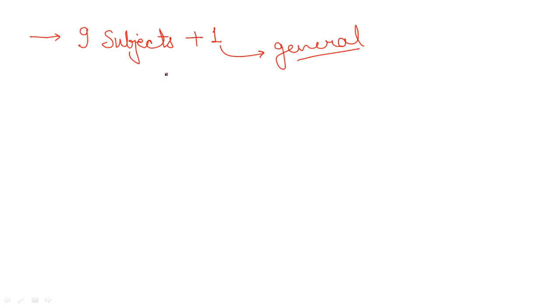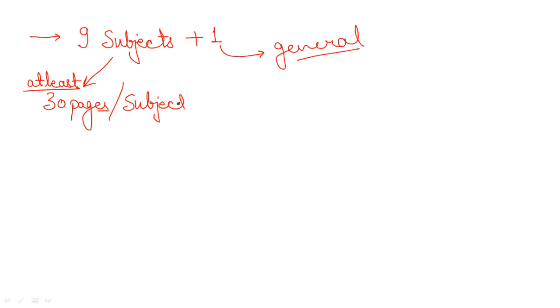Now if you are going to consider these 9 subjects, and let's say you are devoting at least 30 pages for each subject, this is the minimum. If you have more pages and can manage more pages for one particular subject, it's up to you. You can increase it or modify this part as per your notebook and how you are going to make it. Clear? So this was the basic of how you will make the formula or concept notebook.